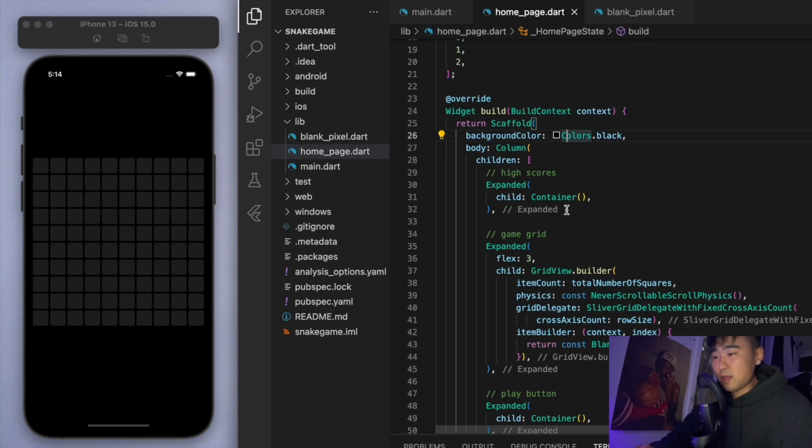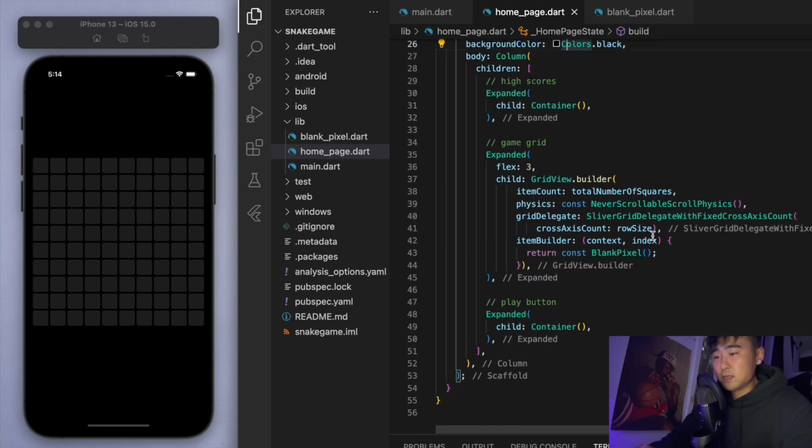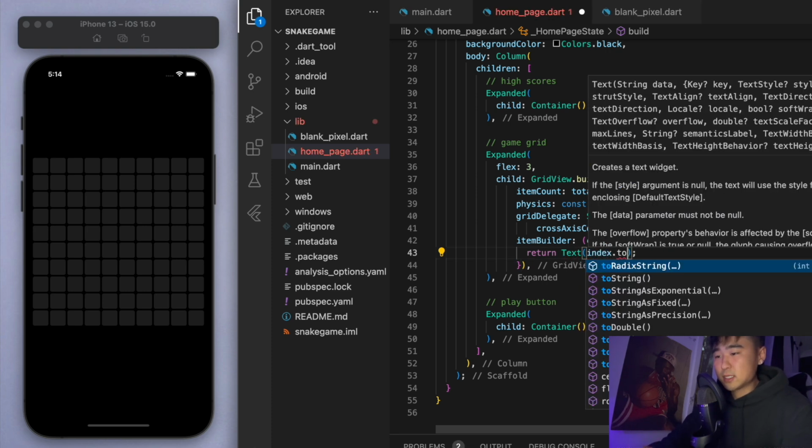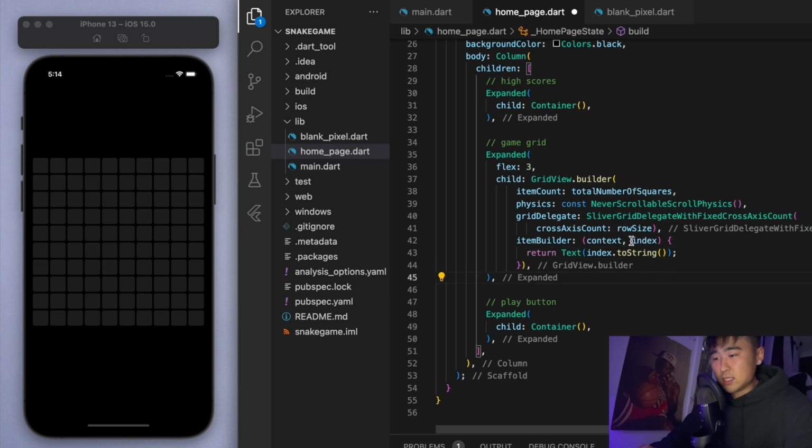One useful thing, if I just show you real quick, is this index, which is going through the total number of squares. It starts from 0, 1, 2, 3, 4, 5, and goes all the way through until the 99th or 100th square. I think this is pretty helpful if I show you. So instead of returning a blank pixel,